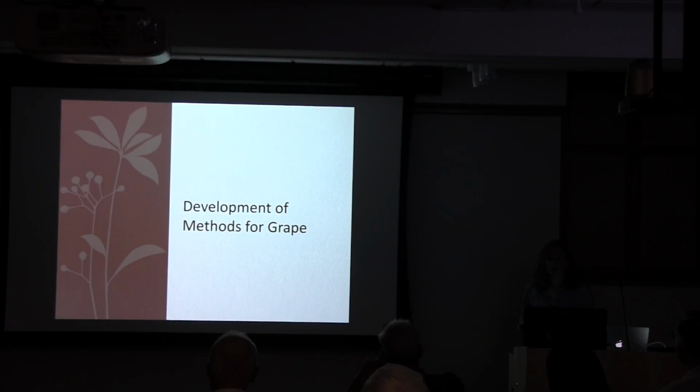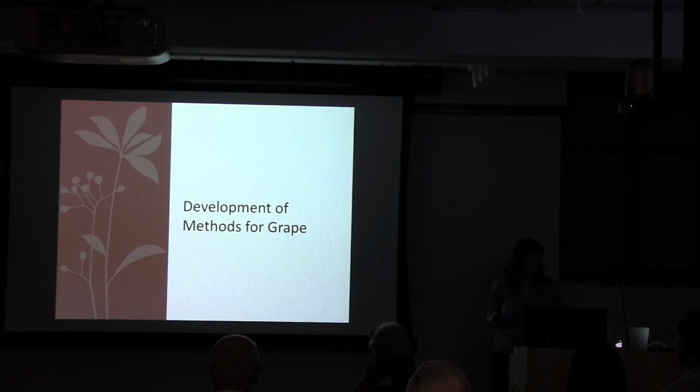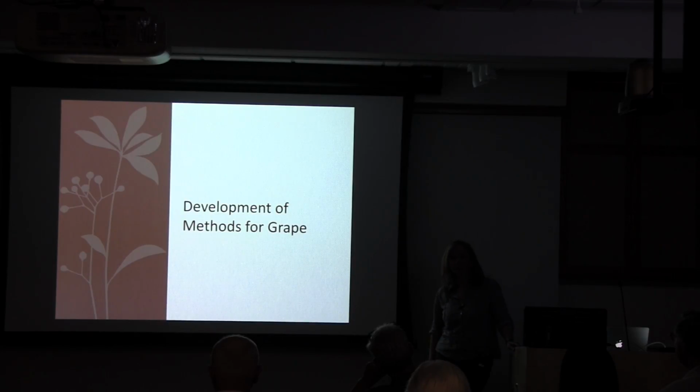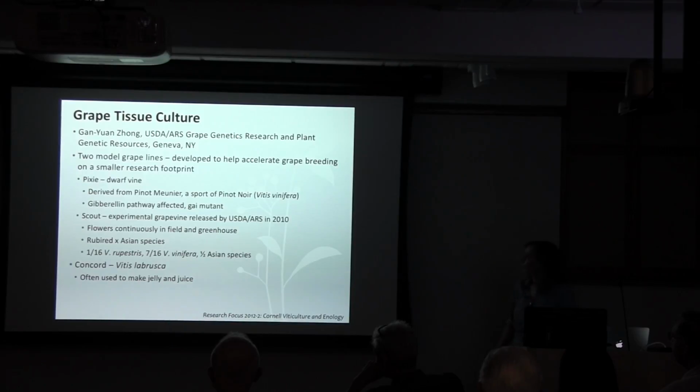So that's it for your instruction on plant tissue culture and transformation. And now I'm going to jump into the 3 projects to use as an example of how we develop those methods. So as I mentioned, grape is one of the most recent projects that we have in the lab. And I wanted to work on grape since we started the transformation service, especially knowing that grape is such an important crop in New York State, and that there's work going on in Geneva, and I thought we could really help those projects along. So this started as a collaboration with Gan in Geneva,